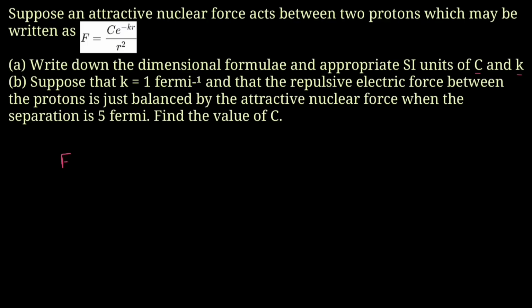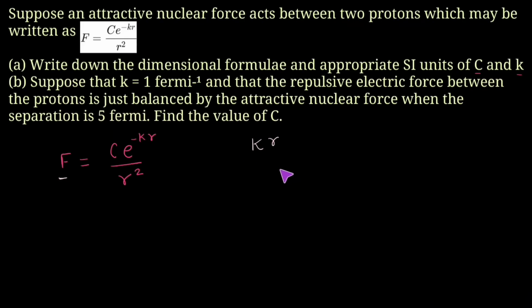So I'm just rewriting the force formula as F equals C e power minus Kr divided by r square. In this formula, F is representing the nuclear force, which is always attractive in nature. This r is representing the distance between the two particles, and here those particles are the protons. So the unit of r would be meters. Here this e is representing a mathematical constant, and it is a dimensionless quantity. So its power should also not have any dimension. I am just rewriting the power as Kr. So this Kr should not have any dimension as well as units.